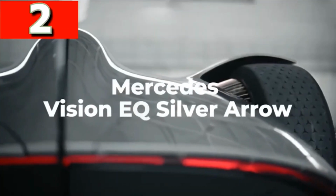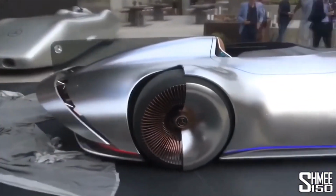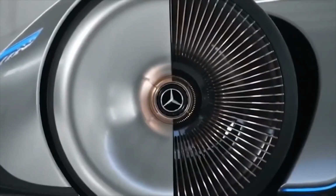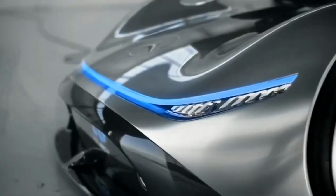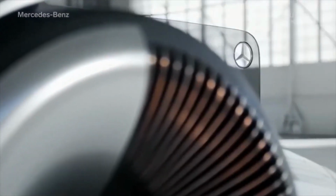Mercedes Vision EQ Silver Arrow. This stunning concept vehicle from Mercedes is the Vision EQ Silver Arrow. And if this is what cars are going to look like in the future, why would we ever use any other form of transport? Designed to be as aerodynamic as possible, it has fluid lines and smooth, seamless surfaces, and was created in homage to the W125 Silver Arrow that broke the public road speed record in 1937, a record